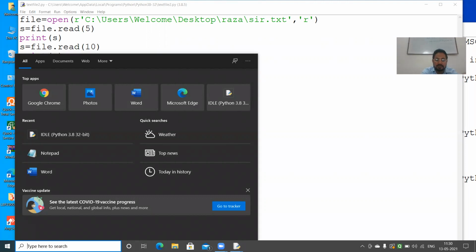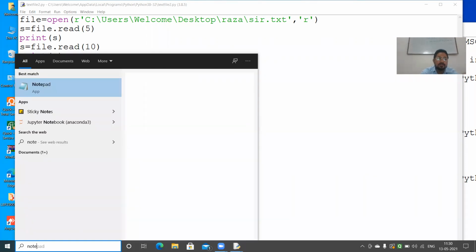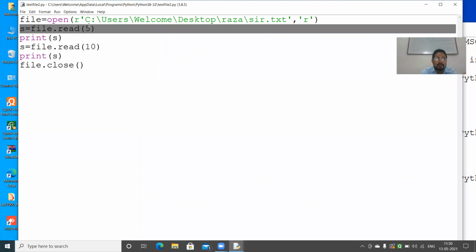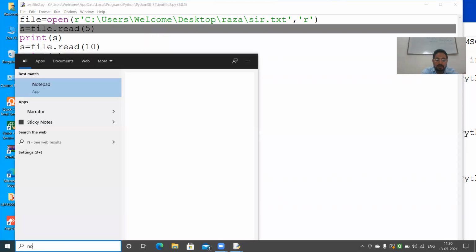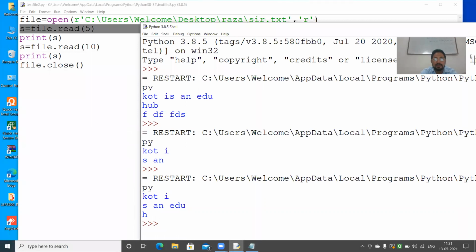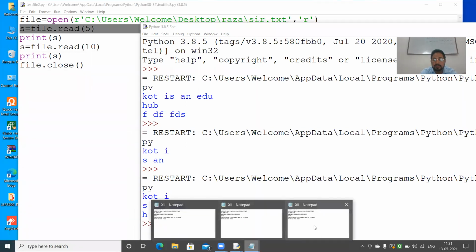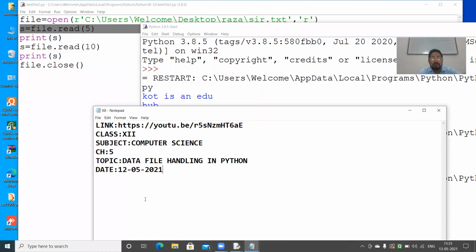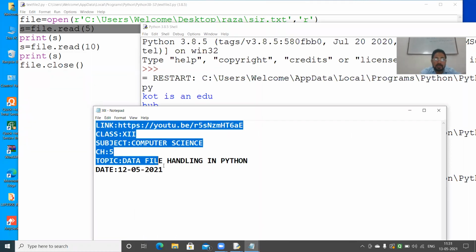So I will take Notepad. So I was taking this text, suppose. So I will take this as text.